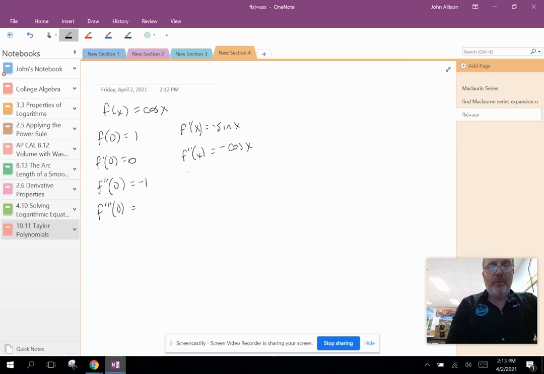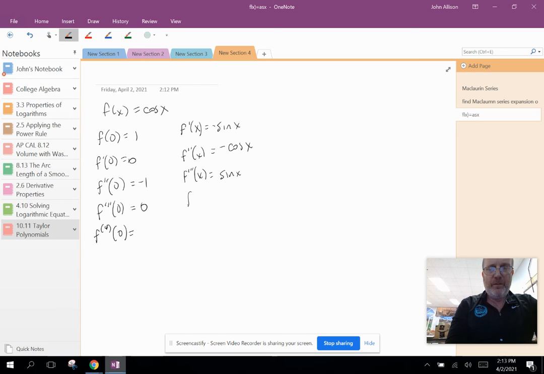f triple prime of x. Now, the derivative of cosine x is negative sine x, so the derivative of negative cosine x is going to be positive sine x, evaluated at 0 again is 0. All right, let's take a look and see if this continues. The fourth derivative,